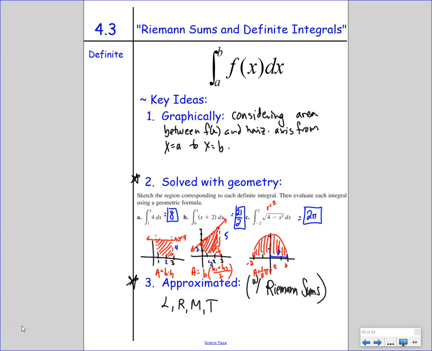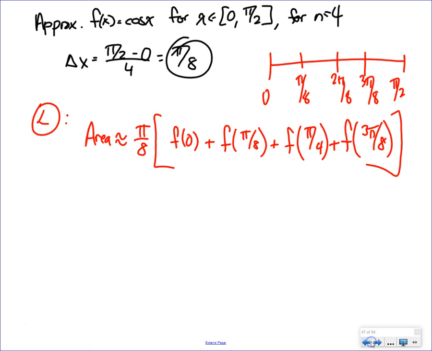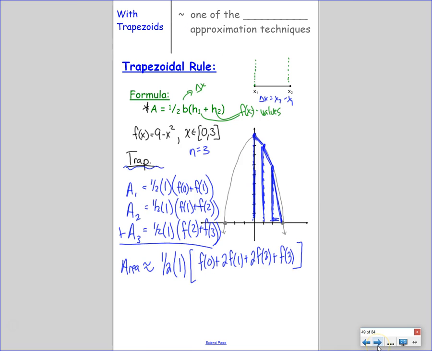But whenever the graph has a curve that is not linear, which is not really curved, or circular, then we have to use left, right, midpoint, and trapezoidal. That's what we were starting to talk about yesterday. We did not get to fill in the blanks at the very top: trapezoidal approximations are one of the better